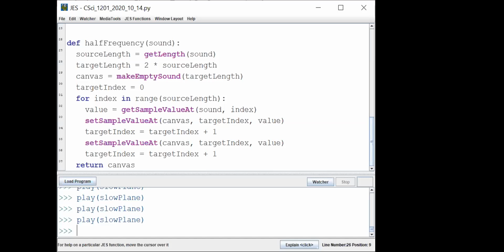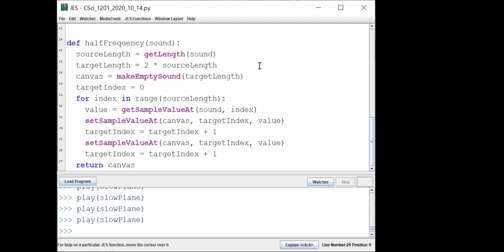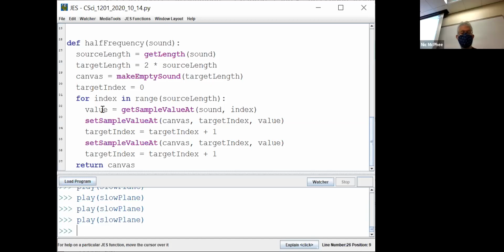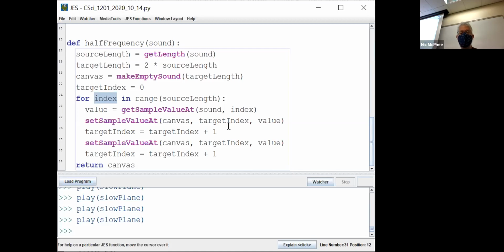So you set 2 indexes, the target index and the index, right? Which one are we in? I mean, there are 2 indexes, the target index and the index, right? Right. So can we just delete the target index and replace every target index with index? No, well, you could sort of, but you'd have to have a lot of math. So to illustrate that, let me